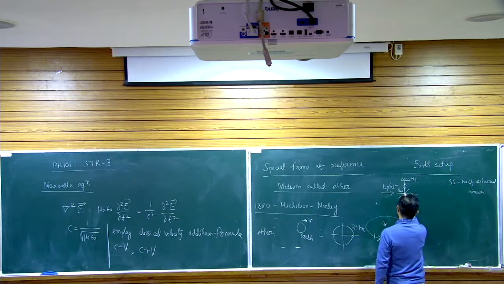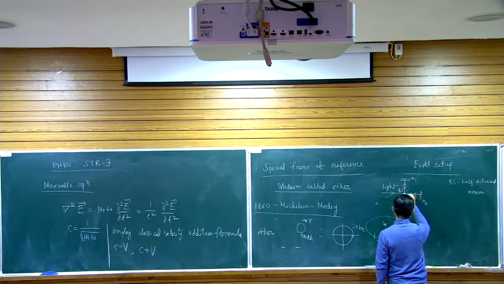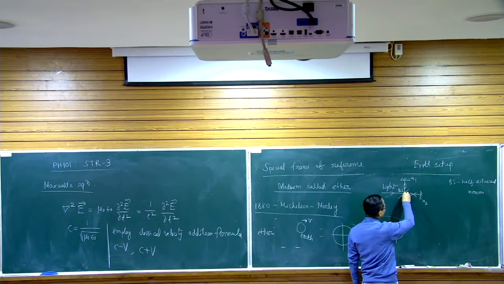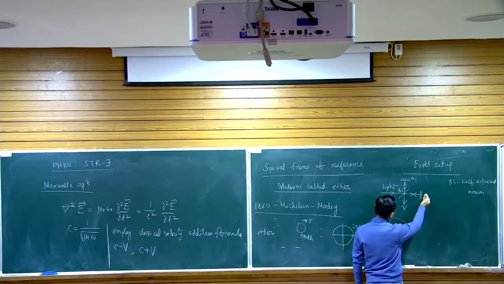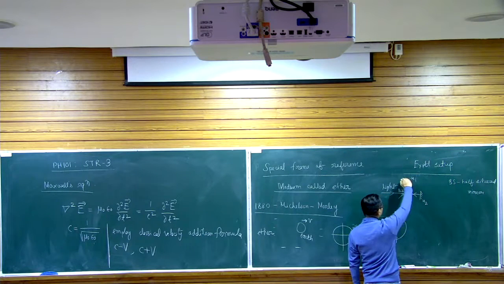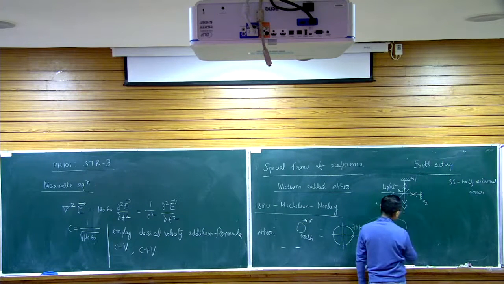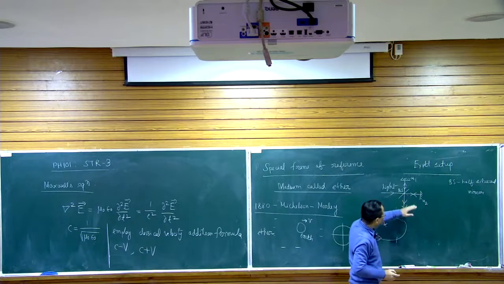Then if you consider the originally transmitted beam that goes towards another mirror, M2, and from here also the beam gets reflected. After reflection, it is incident on the half silvered mirror again. 50% of the light will get transmitted, 50% will get reflected. So you have one reflected beam coming from M2, one reflected beam coming from M1. Now if you have a detector here, this detector will record the superposition of two light beams, one coming from M1, one coming from M2.